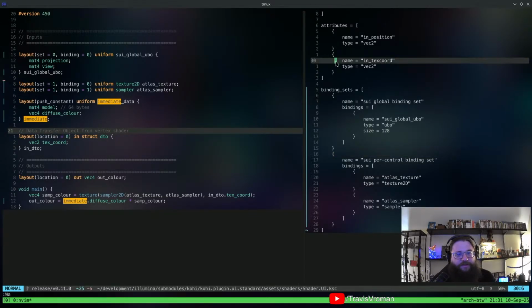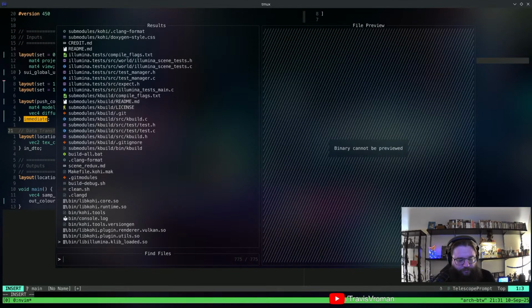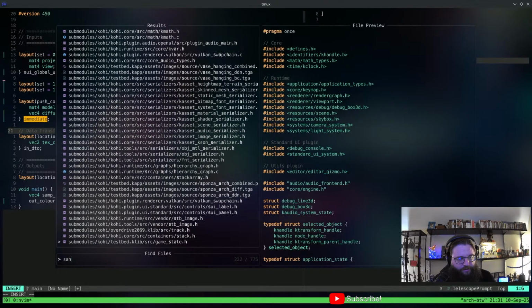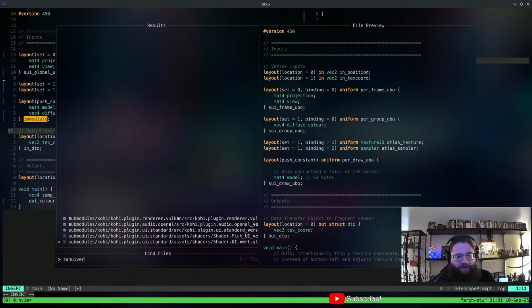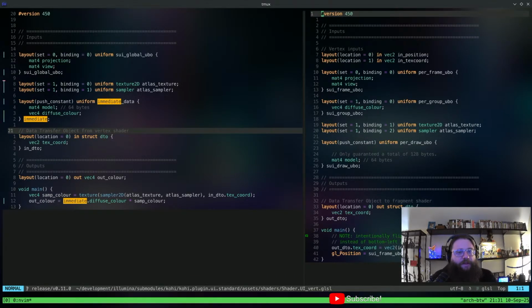Okay, let's take a look at the fragment shader. So let's do shader UI, or that was the fragment shader. We want the vertex shader now. Okay, so vertex inputs for this aren't going to change. It's going to use our standard vertex 2D, which just takes a position and text coord.